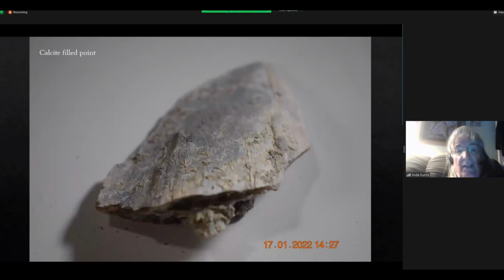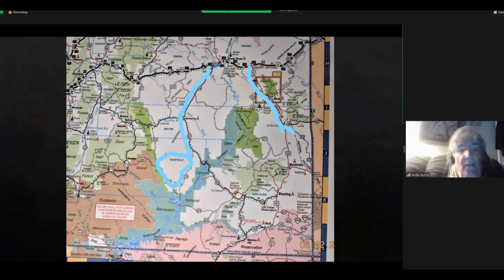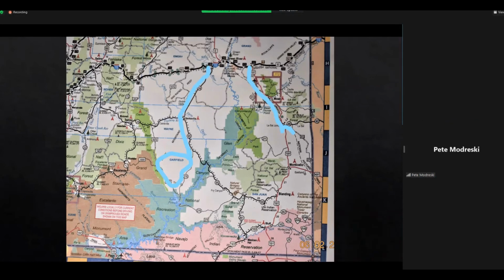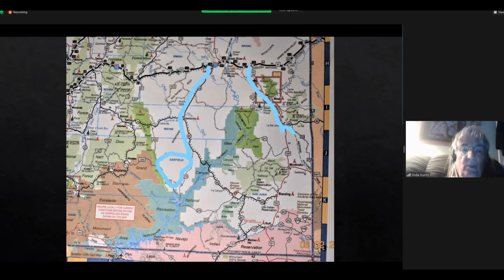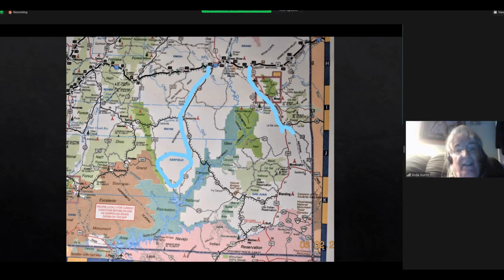So Bob Johnson had left us by this point. So Bob Piper and I were on our own, and we had headed off down through the boonies. You can see that really long line on the left there, and then it circles around. It was like a 250, 300 mile trip going out around there. And the reason we had to do it the way we did is because if you look to the road down there where we're making the loop, part of that loop is 276, and you see that